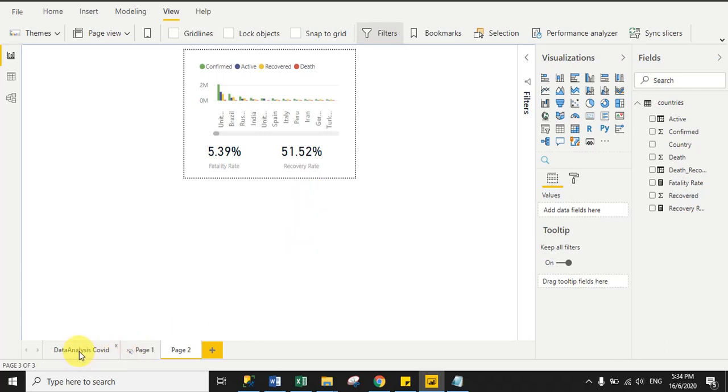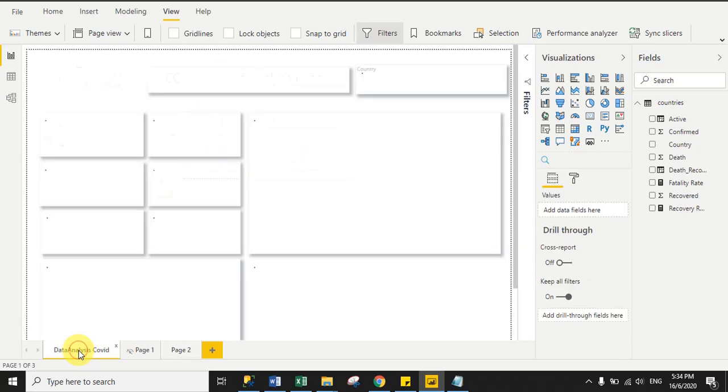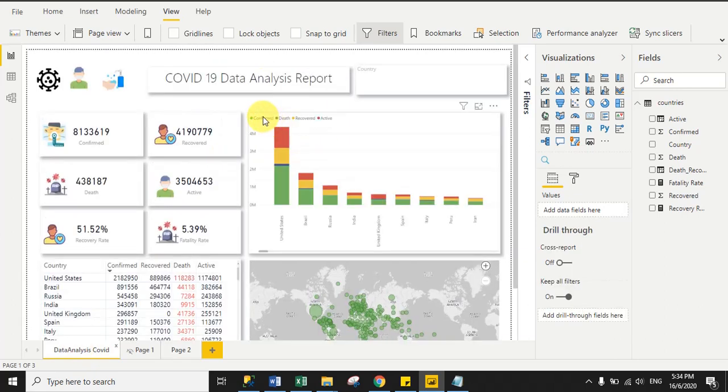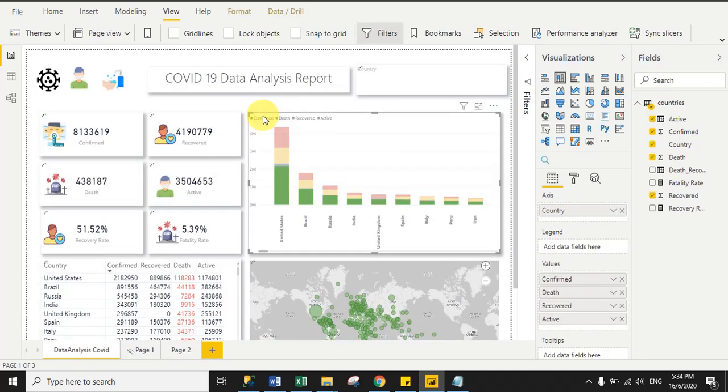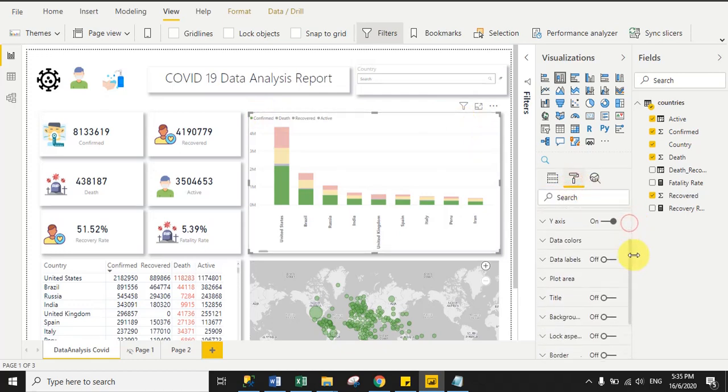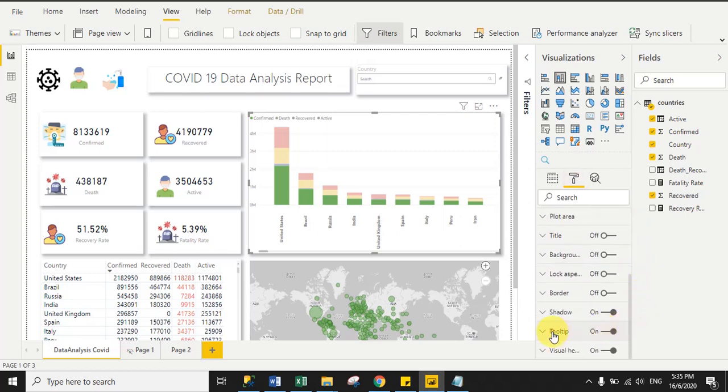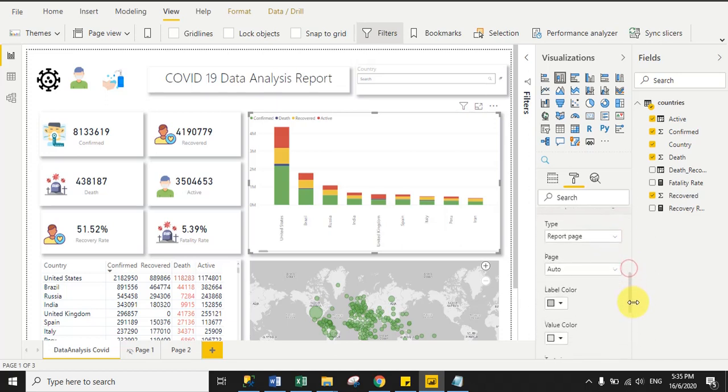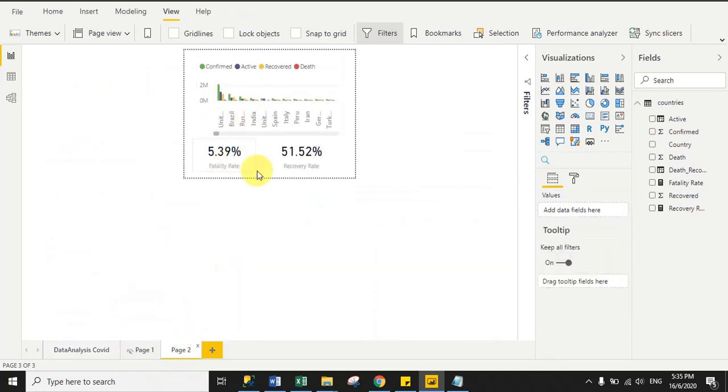Now go to the data analysis COVID page. This is the main page, and select the stacked column chart, then go to the format bar and just enable the tooltip from here. Just enable the tooltip and then select page 2. The reason is that in page 2 we created the tooltip, right?